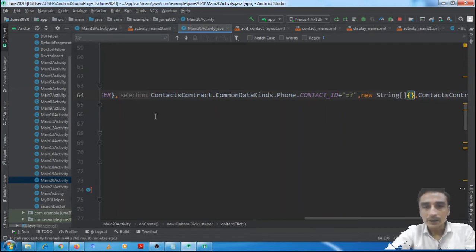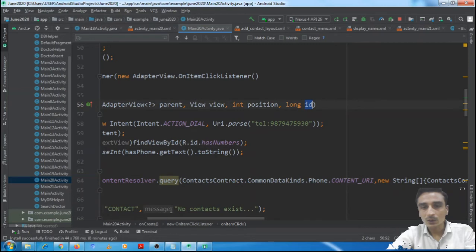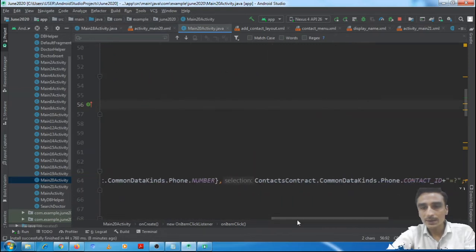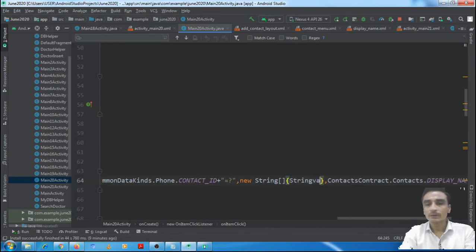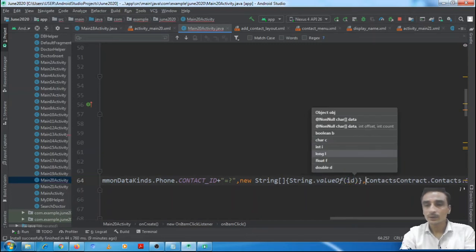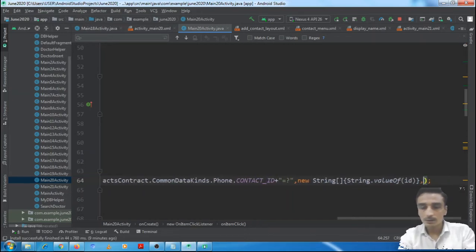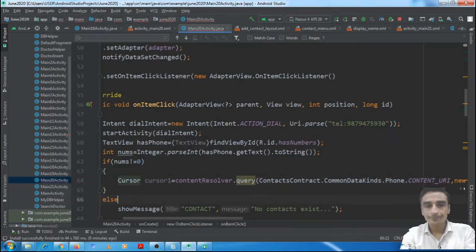The ID of that contact on which the client has clicked is passed here as a long ID, so that ID should be passed as the selection argument: String.valueOf(ID), and the sort order which we will pass here as null.